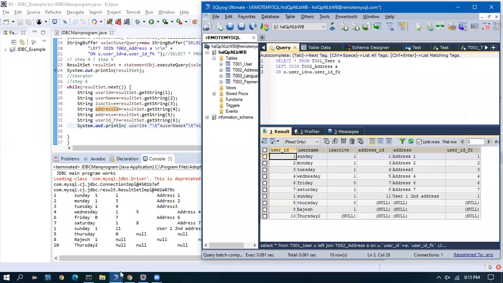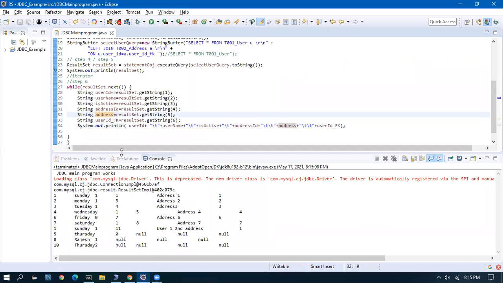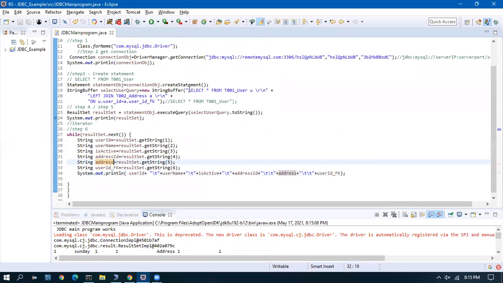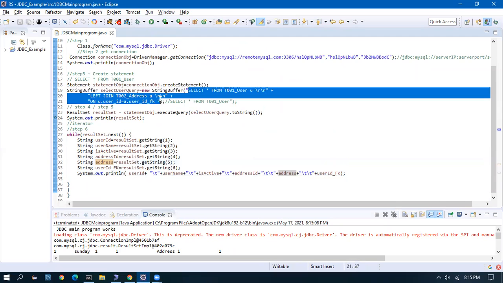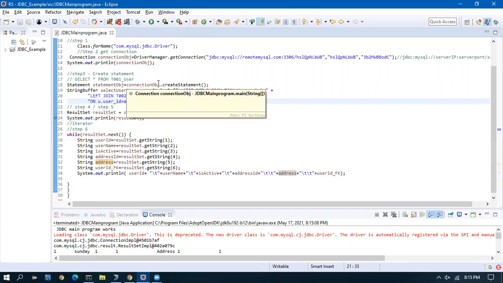This is one thing. Now I will shift this to a different view, meaning we were executing a select query. I will want to now do an insert query, update query, and also a select query with a parameter.